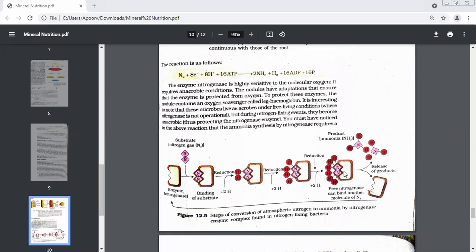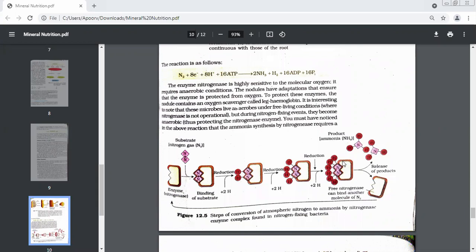2. Once this stage is reached, this enzyme complex is going to break. What 3 things are released? See now carefully. 1 nitrogen will take 3 hydrogens. This upper nitrogen, supposing it takes these 3 hydrogens, becomes NH3. What is NH3? Ammonia. And this lower nitrogen is going to take these 3 hydrogens. So this is ammonia. How many ammonias are being formed from these 2 nitrogen atoms? Obviously, 2 molecules of ammonia.